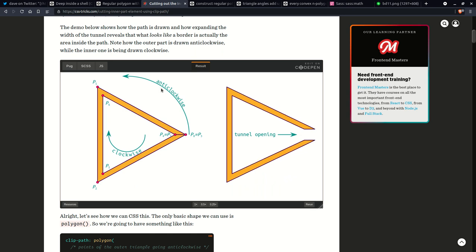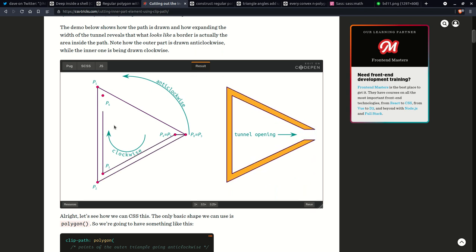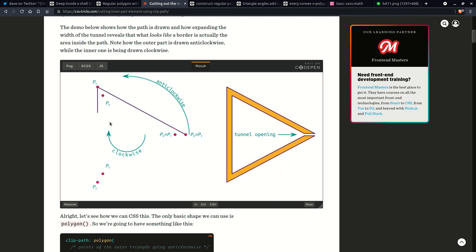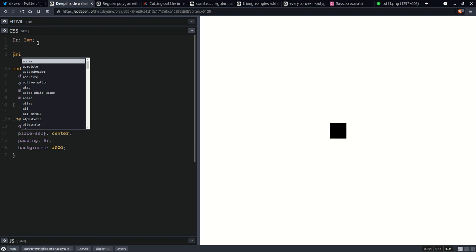Okay, and one more thing to note here is that the outer polygon goes anti-clockwise and the inner one goes clockwise, so they go in opposite directions. Okay, that's what we'll be doing here. We'll be having a mixin that creates our hollow polygon. So mixin